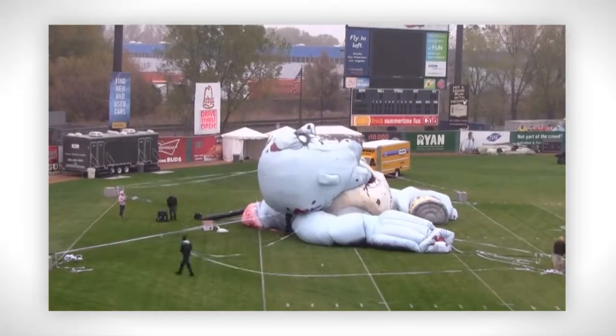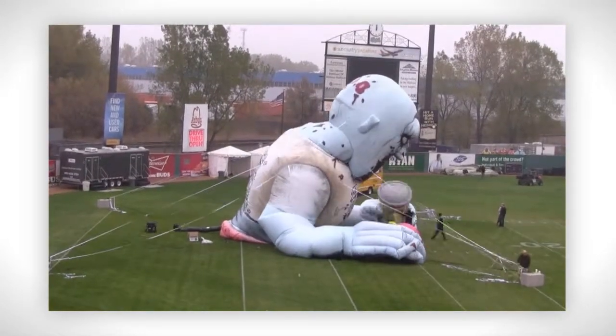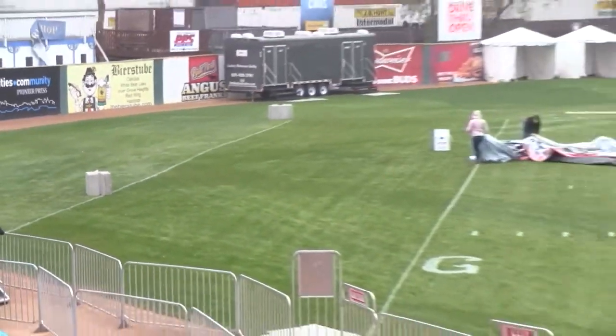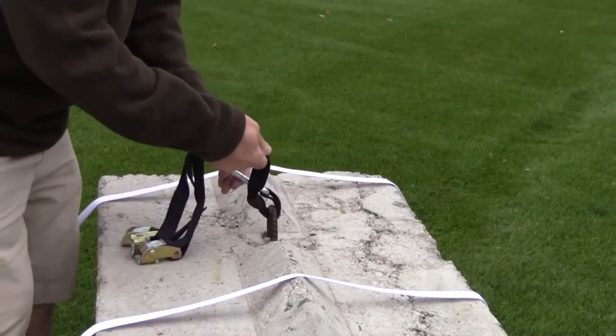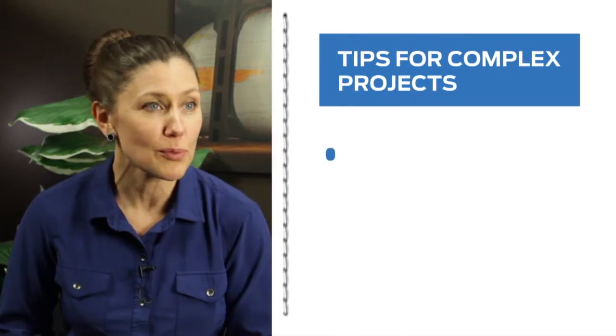The next day we set it up out at the Midway Stadium, and that installation only took about half the time. Customer had giant concrete blocks that we were able to anchor onto, and the wind was down and it looked amazing. Some takeaways from the Zombie project are, first of all, get some buzz for your event before it